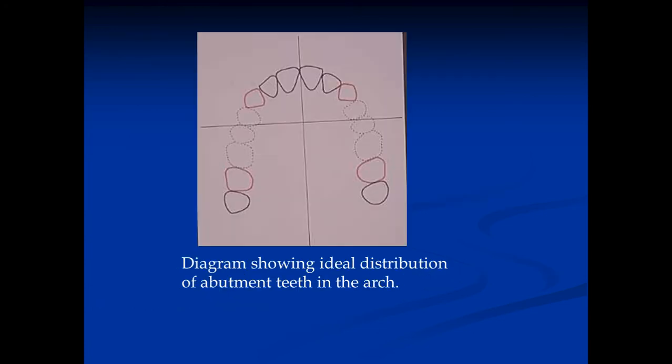All these things have to be considered in a class 3 situation. So we have to know about the periodontal health of the supporting teeth, number of teeth, type of teeth, position of teeth, type of teeth in the sense whether we are replacing incisors, or posterior or anterior teeth, whether we are replacing canines, central incisors, or molars,